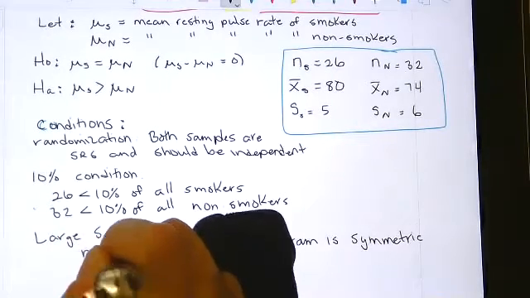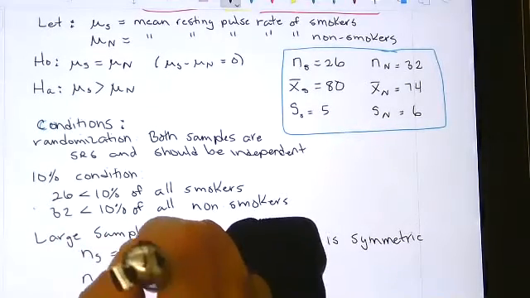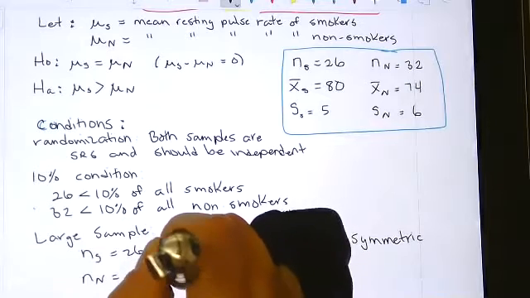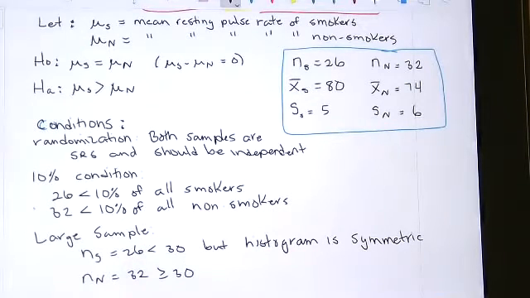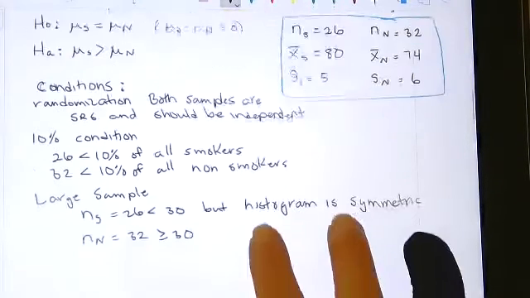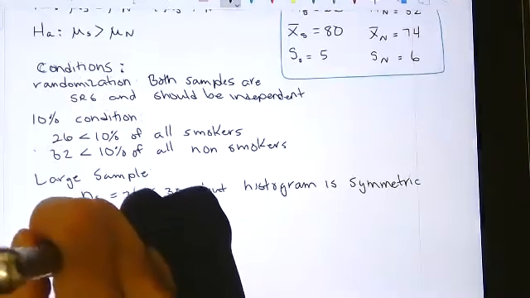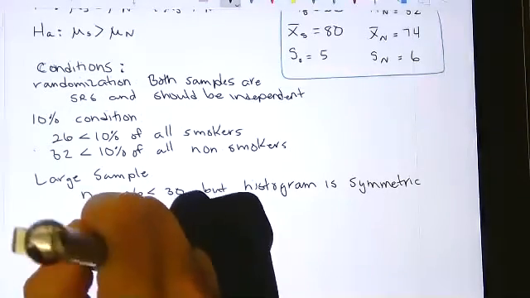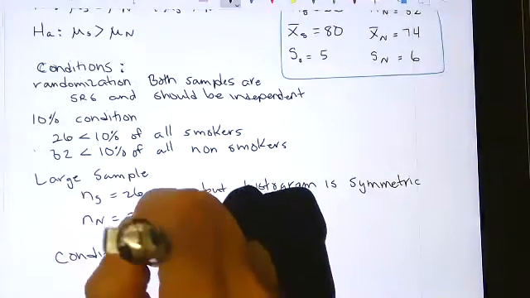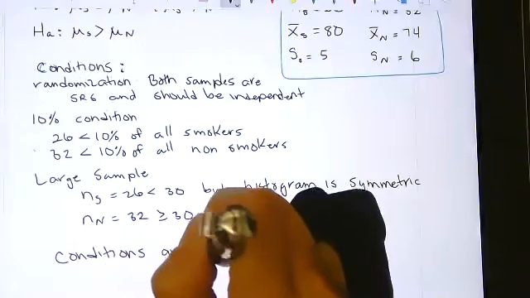For the other group, it's 32, which is greater than or equal to 30. So we are good. The histogram is symmetric for that one too, but it is greater than or equal to 30 regardless. So conditions are met